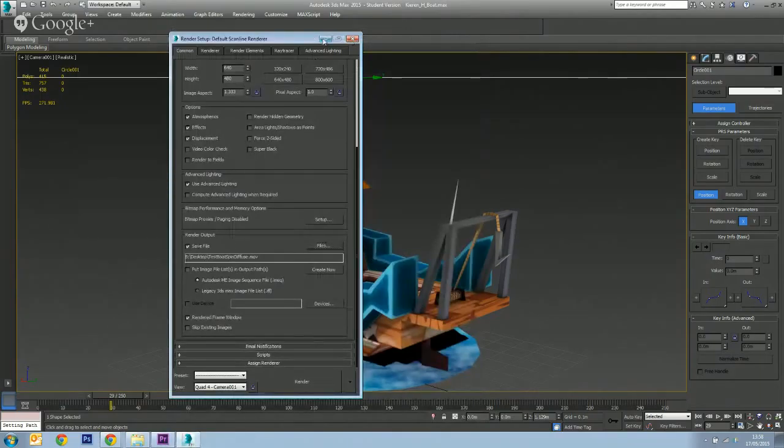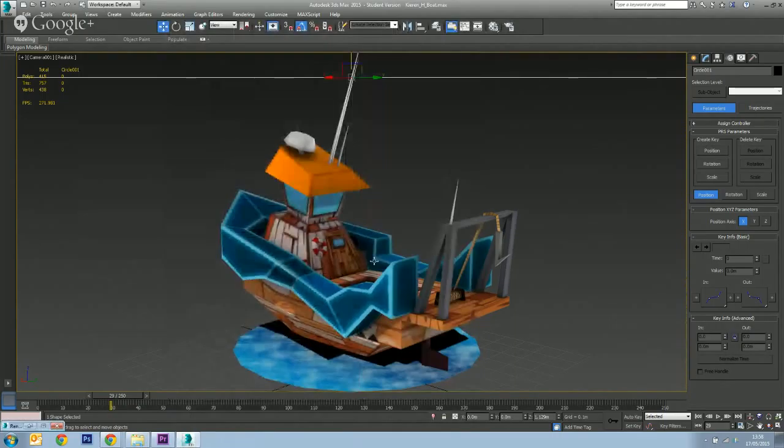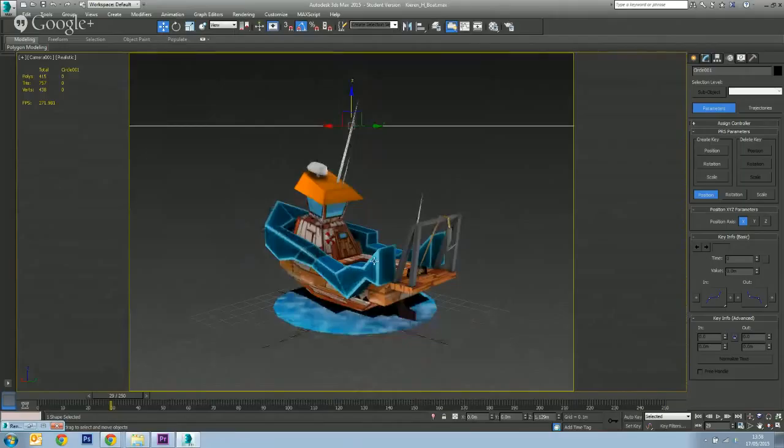So I'm just going to minimize that for a second. The other thing that I want to do is just hold down Shift on the keyboard and press F. And what that does is it shows us safe frames. Safe frames meaning